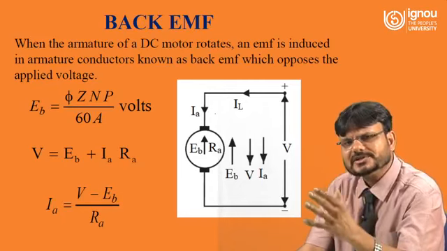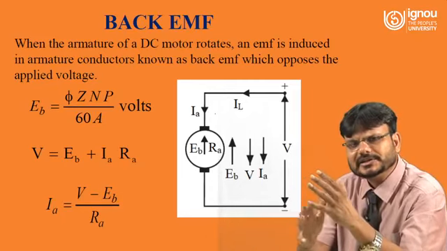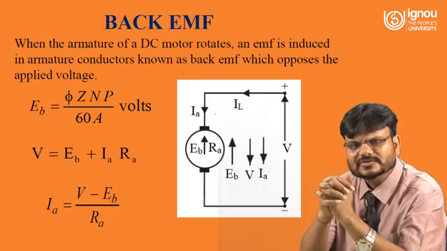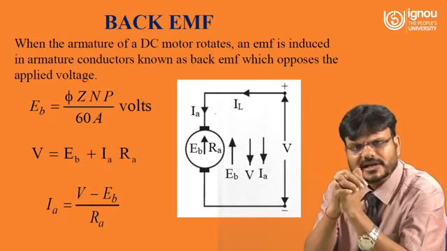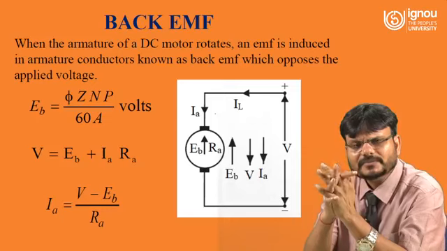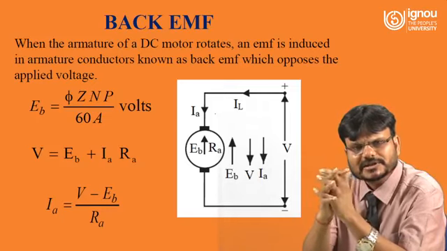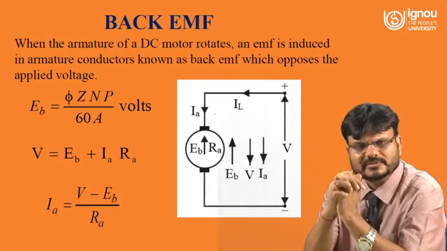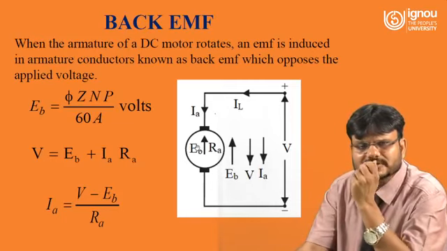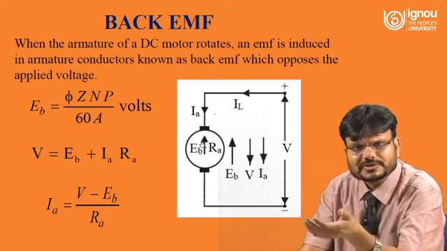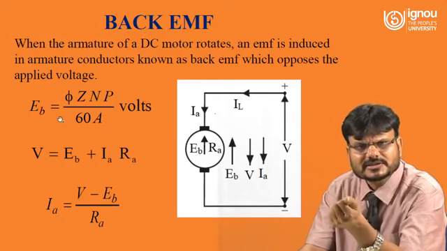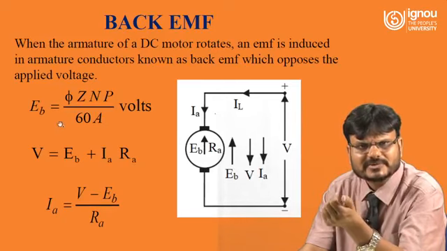Because the armature conductor is rotating in the magnetic field, what Faraday's law says, whenever a conductor is placed in a rotating magnetic field, it will induce some EMF. So this armature will also induce some EMF, and this EMF will be called back EMF,